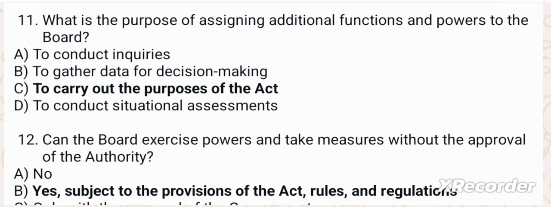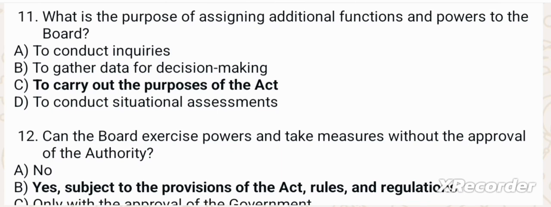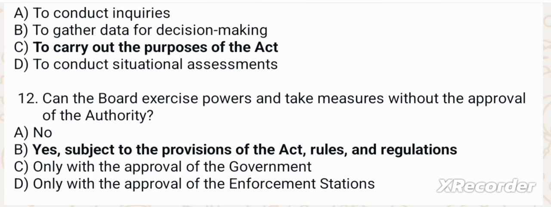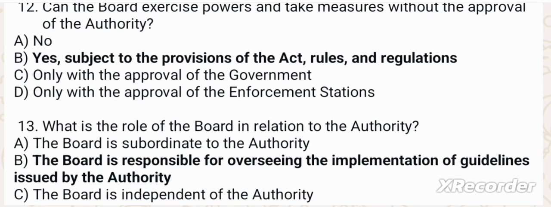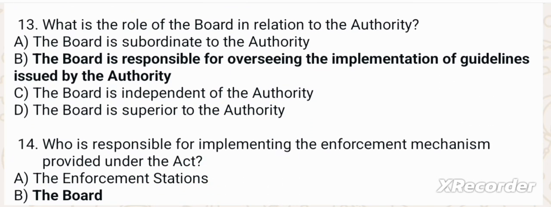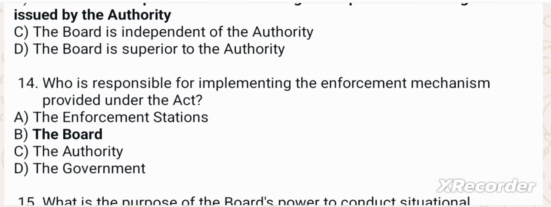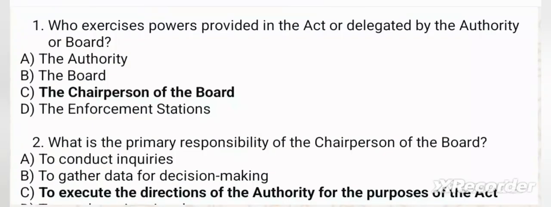Can the board exercise powers and take measures without the approval of the authority? Yes, subject to the provision of the act, rules and regulations. What is the role of the board in relation to the authority? The board is responsible for overseeing the implementation of guidelines issued by the authority. Who is responsible for implementing the enforcement mechanism provided under the act? तो ये बोर्ड है. फाइव में से जो क्वेश्चन बनते हैं वो कुछ इस तरह से हैं कि who exercises